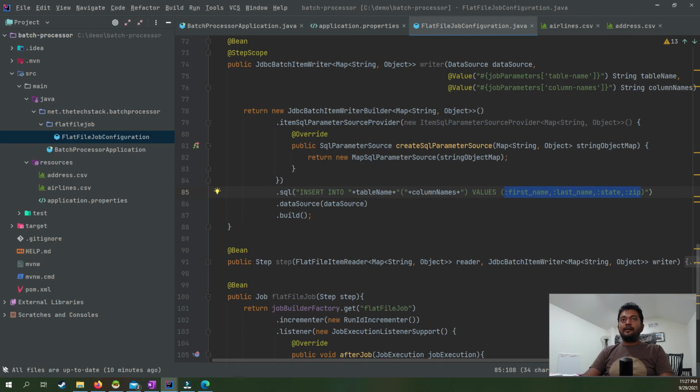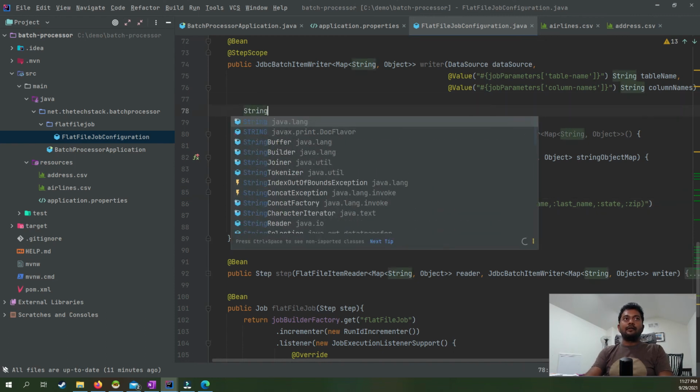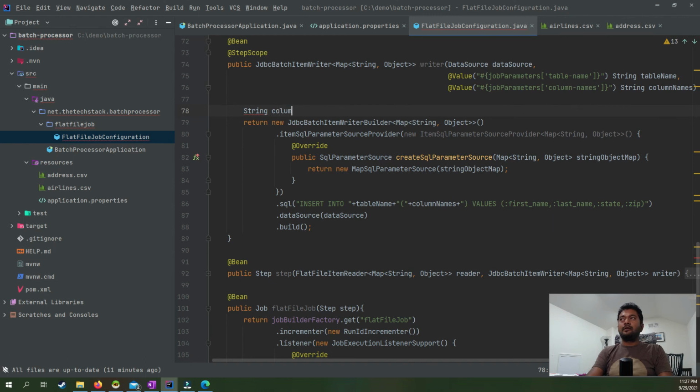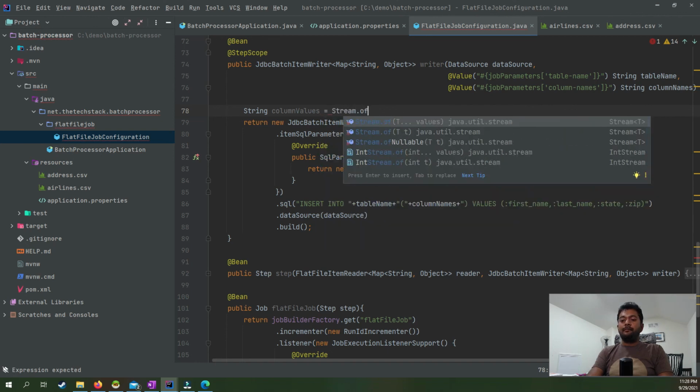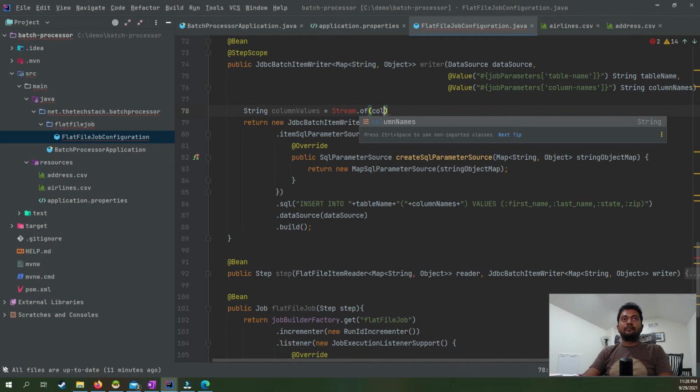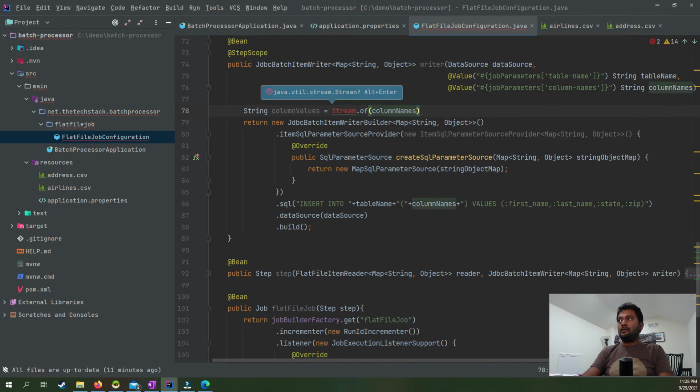So for that, observe that this is not just a column names, each column has a colon before that. But our column names has just comma separated values, right? Here each column has a colon, so this is what I need to create. So for that I will create a string and I will call it column values using string, right? Column names dot split with a comma,